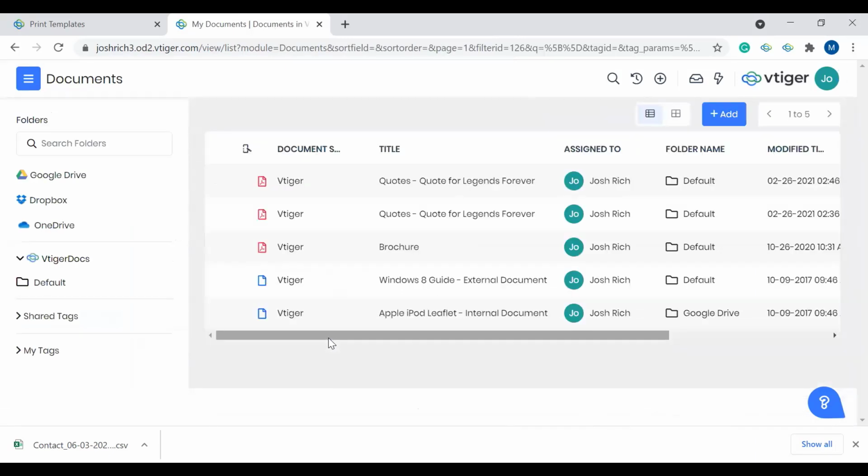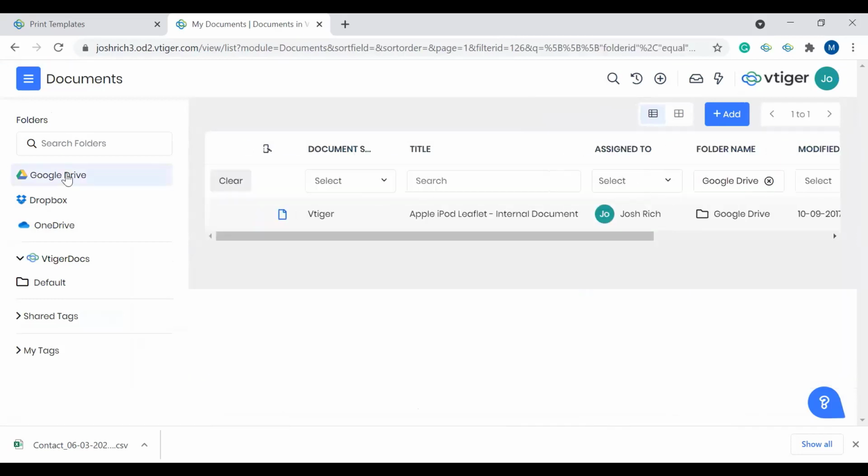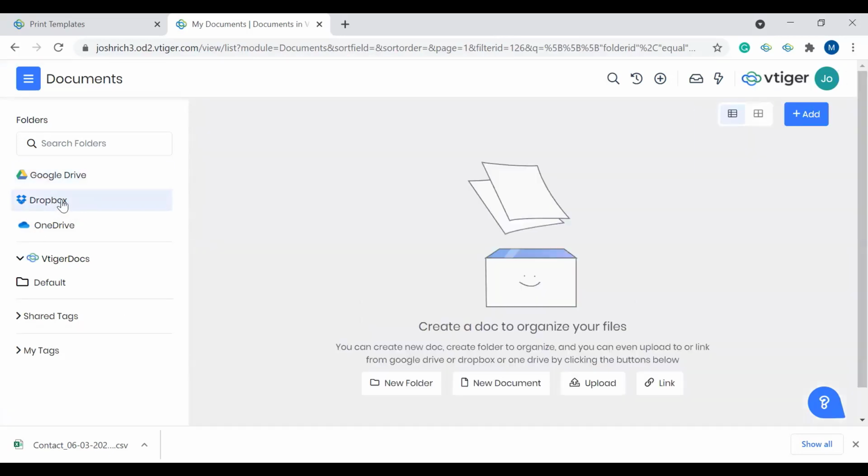The documents have a lot of options available. So it's not just simply for storing documents. There's a lot of additional things you can do here. A cool one is that we have integrations with Google Drive, Dropbox, and OneDrive. So setting up these, if we click on Google Drive, it's very easy. We already actually are integrated with Google Drive on this one, but for Dropbox, if you're not set up yet,